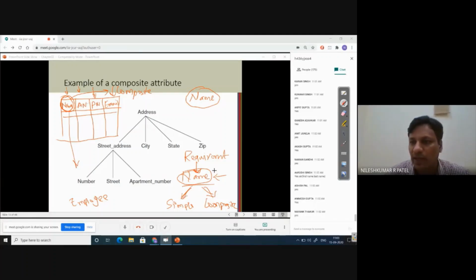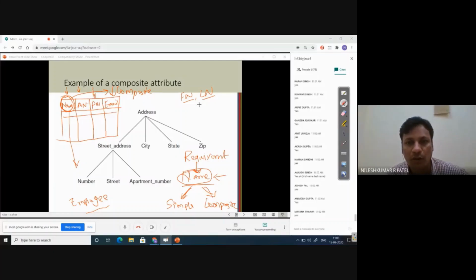If you want to make this a composite attribute, what you will do is, you have received a requirement from your requirement analysis team that there will be one attribute called name in the employee table, fine. But they have also given a requirement that they want to search all the employees in the employee database with their first name or with their last name.